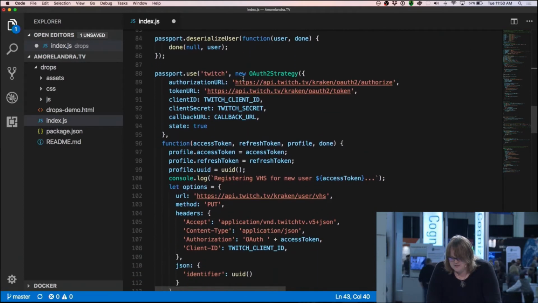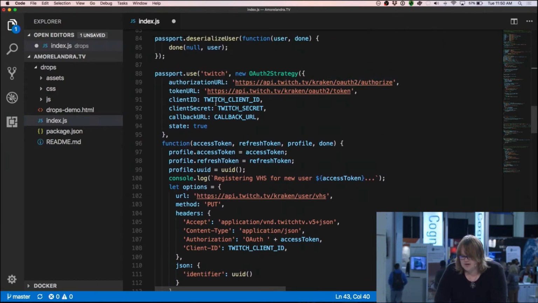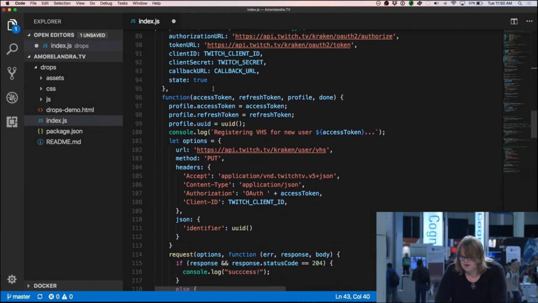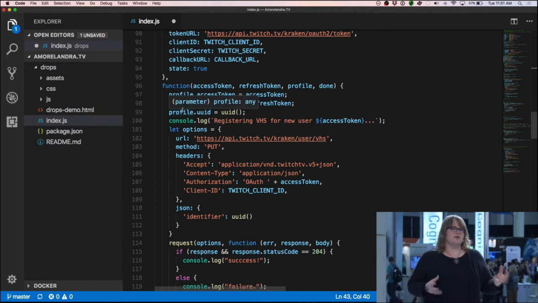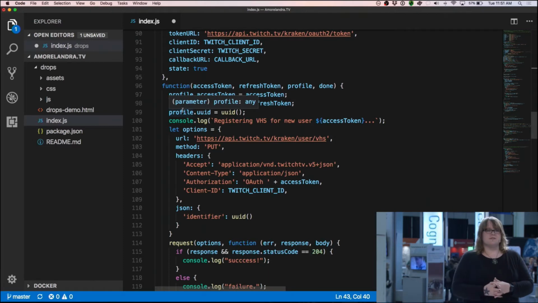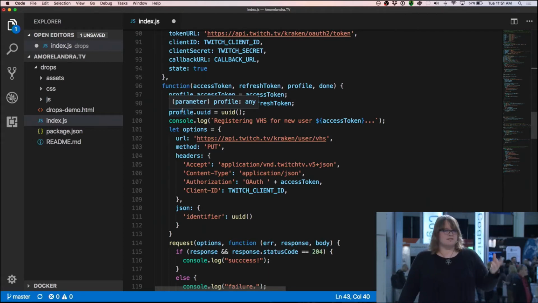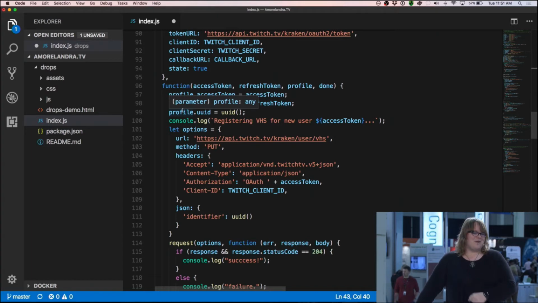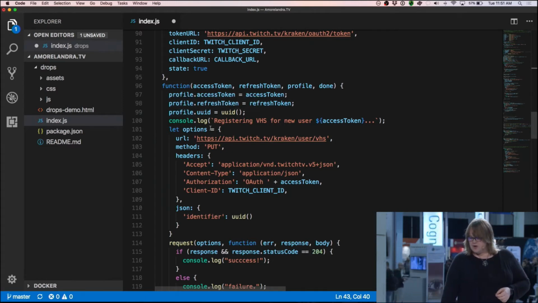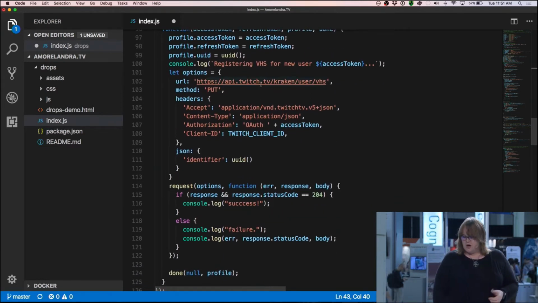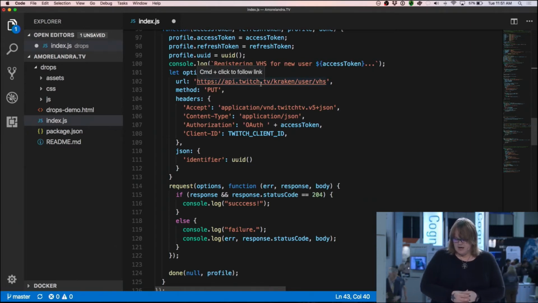So we're going to skip over most of this, but essentially, when you create your OAuth strategy, you're providing all these credentials here. But the interesting thing is right around in here. So this is once you've registered a user for your VHS, which by the way, stands for Viewer Heartbeat Service. This is just a fun, punny little name for the backend service that provides you with that heartbeat data. So what we're doing is creating a call to the Kraken API that's saying, hey,